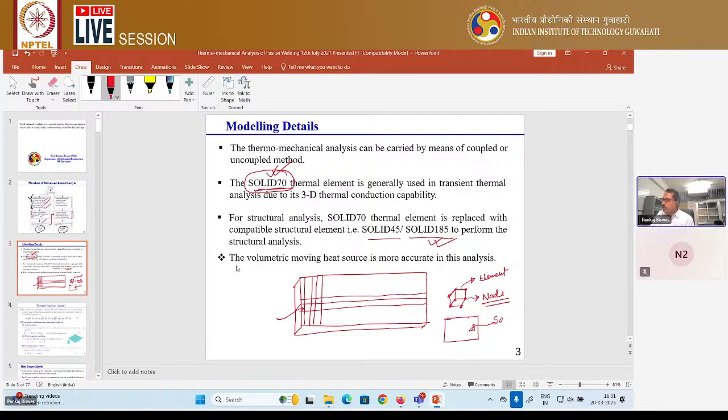So I have already written that for doing this thermo-mechanical analysis, we use a volumetric moving heat source. I have already discussed the volumetric moving heat source. That volumetric moving heat source can be a double ellipsoidal heat source model, semi-ellipsoidal, or conical, depending upon the requirement or the type of welding process. Which heat source model is appropriate for which welding process, I have already explained in my lecture. So we need to choose that heat source model. Okay, after that,